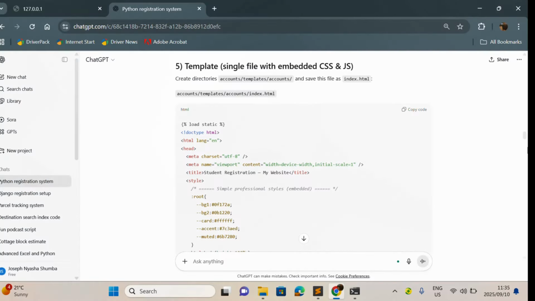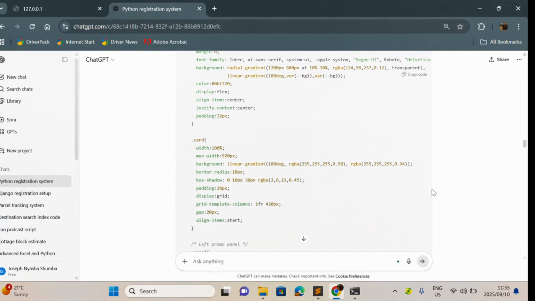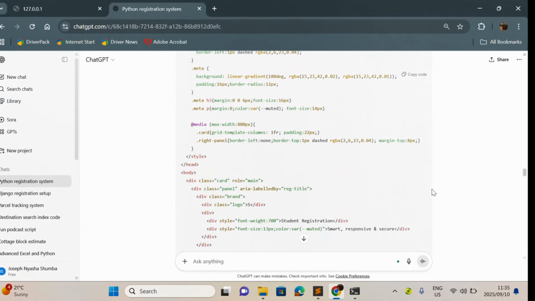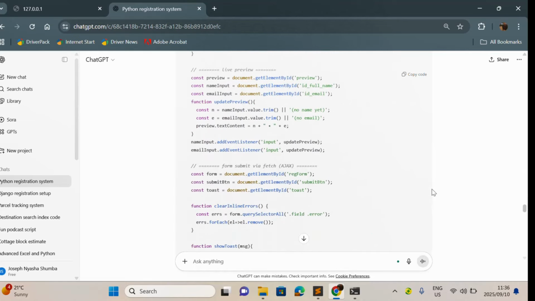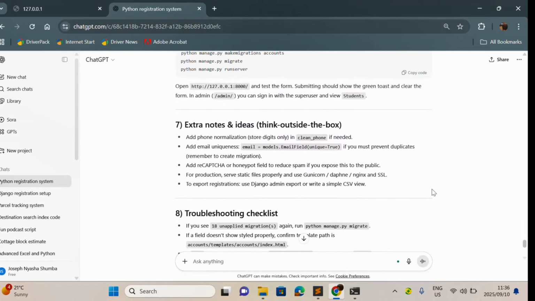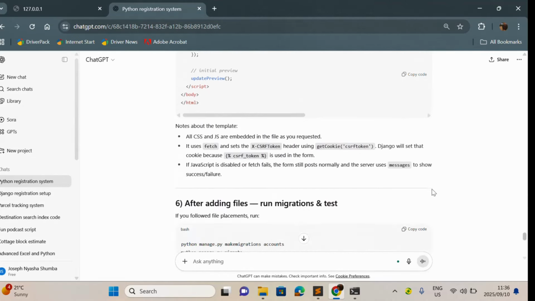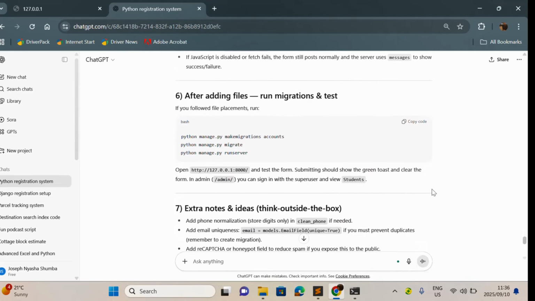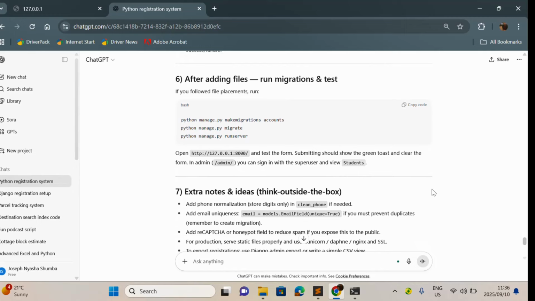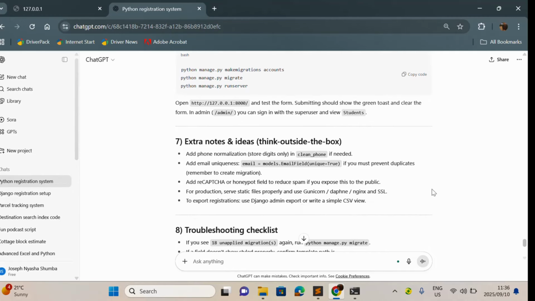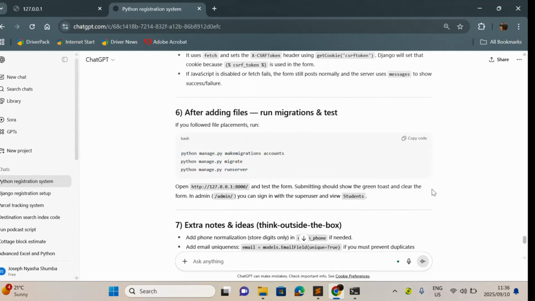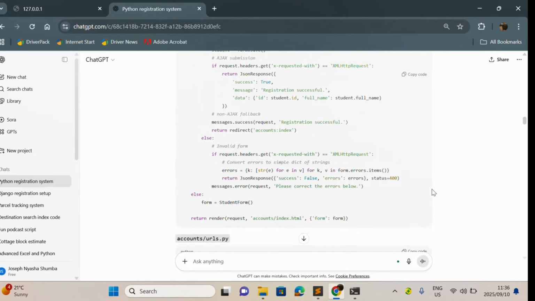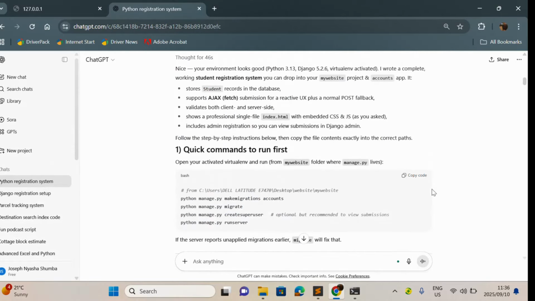Then let's check what else is left. This one was really detailed. It was embedded CSS and JavaScript in one file, the CSRF token, everything. So after adding files, run migrations. Then there are some additional steps. Before we run the last stage of migrations, let's first go back to that first step where we need to create a user,